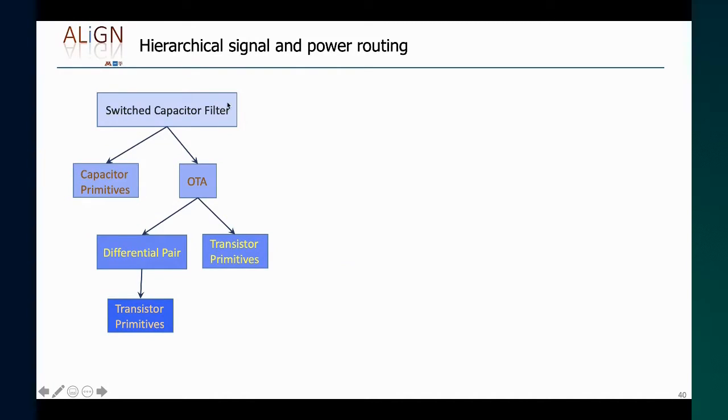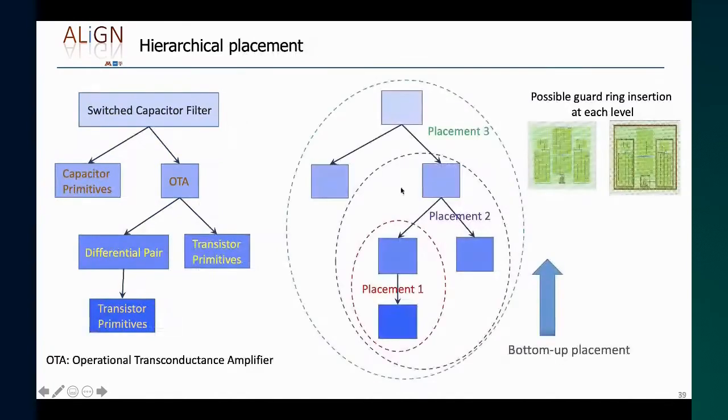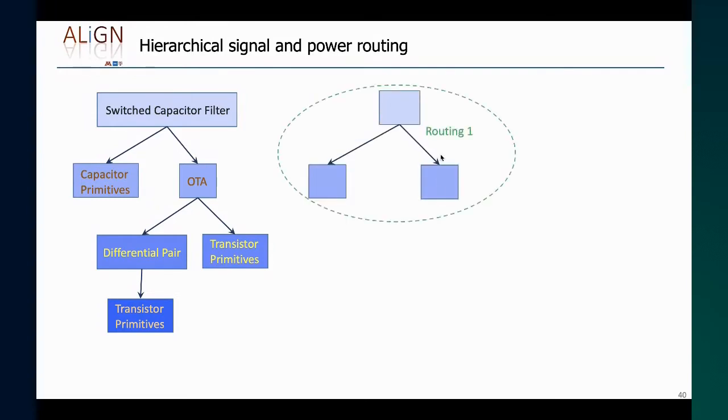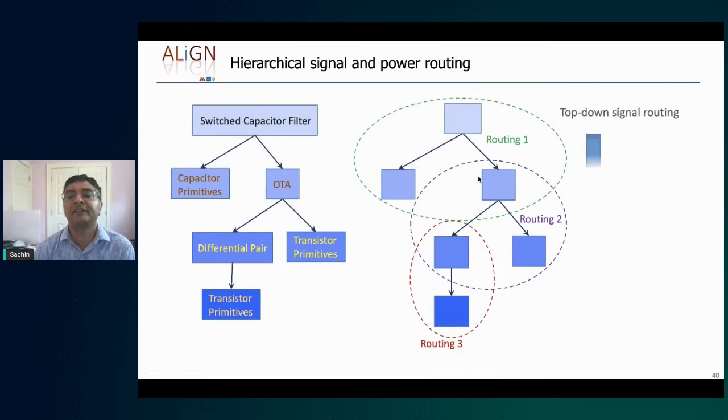For routing, we actually go the other way. Remember that we go bottom up for placement. For routing, we go the other way because all of these structures are built on a grid. So when I take two of these and put them next to each other, they may not align as well onto a grid. So for routing, in order to maintain the grid relationship, we actually go top down. We first route at the topmost level, then to the next level, and then to the last level. And this allows us to meet our requirements without incurring design rule errors.